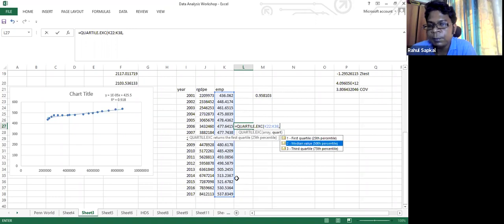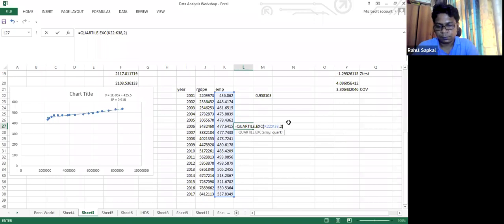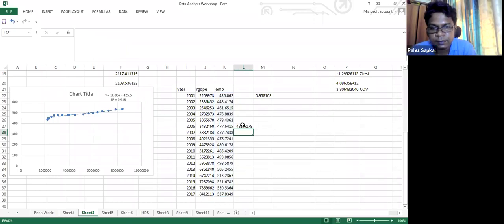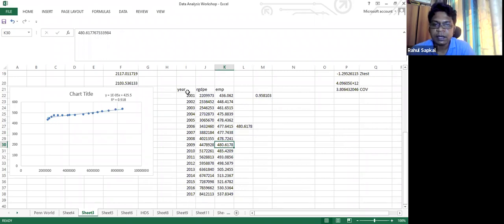So if I take median, which is 2, and this is nothing but my median quartile. And actually, if you divide this one, it is the 9th value you are actually going to get as the quartile.